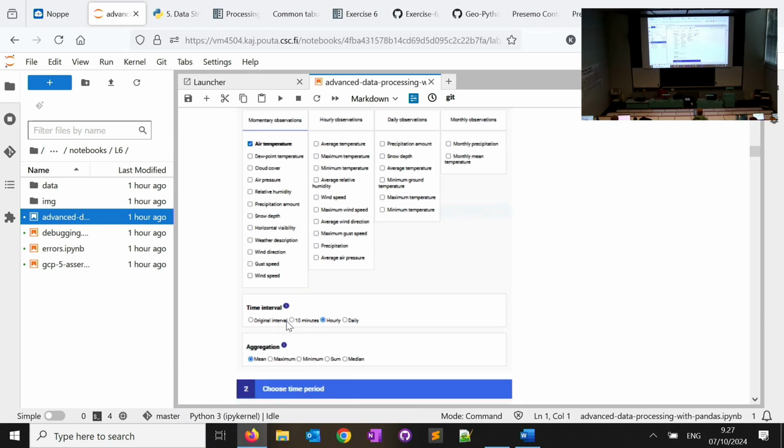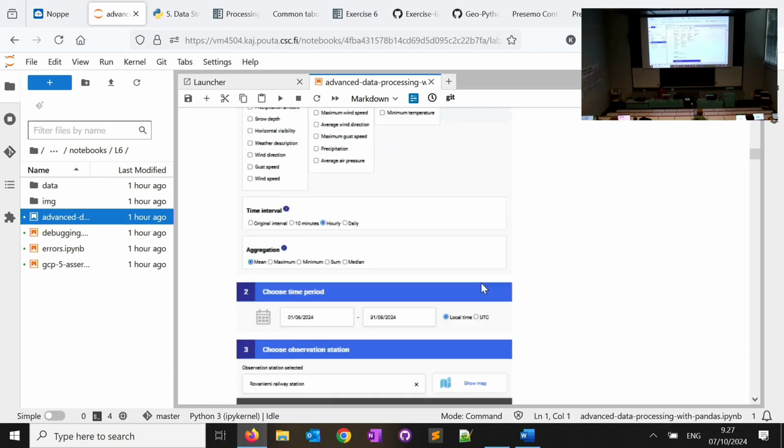And then you choose the time intervals. If you go with the original interval, you will have a lot of rows. I don't know at what intervals, but they record the temperatures and different things many times per hour. For our case, it was enough to have hourly measurements. And of course, when they have more measurements than once per hour and you want hourly values, there has to be a way of aggregating. So here it asks you how you want the data aggregated. I just chose mean, so it gives me the hourly average. That's what we have in our data set.